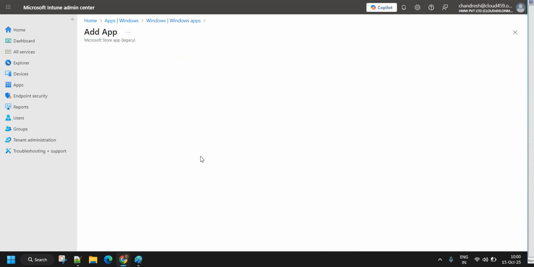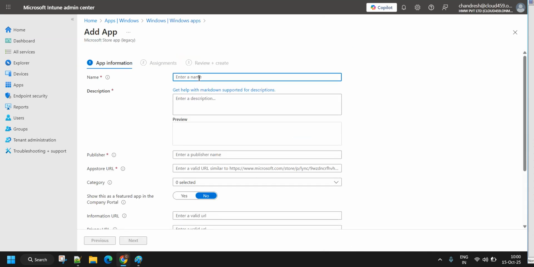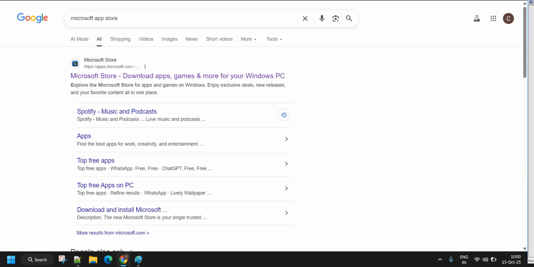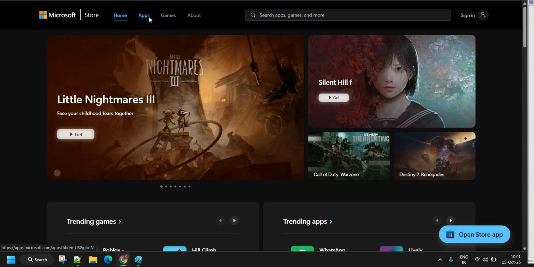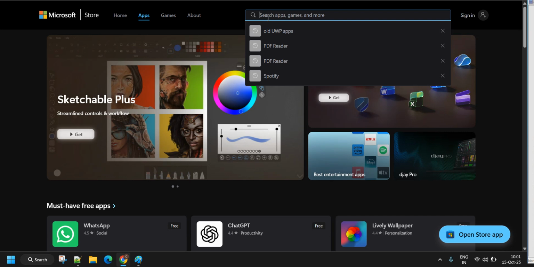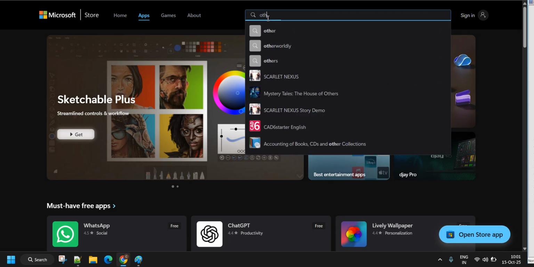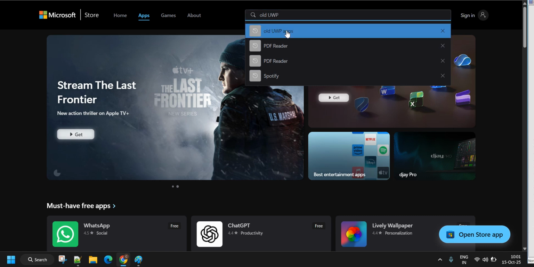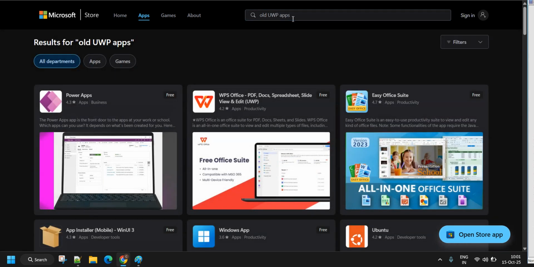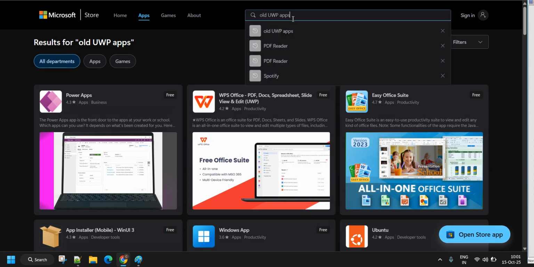Now click on next, select, and here I will give the app name. So here in the Microsoft App Store I will go and from here I will click on download apps, games and PCs. So now here I will go to the apps section and here I will go to other, old, you can write UWP apps,